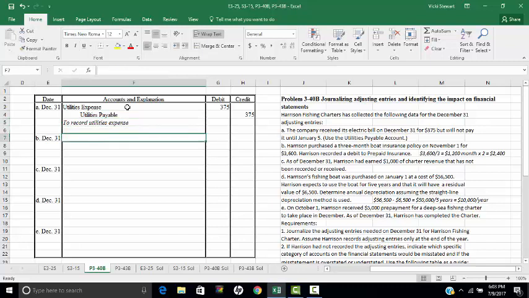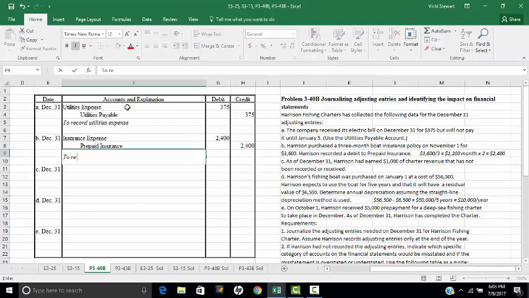Our B states that Harrison purchased a 3-month boat insurance policy on November 1st for $3,600, and Harrison recorded a debit to Prepaid Insurance. So we purchased a 3-month policy for $3,600, so that's $1,200 a month. 2 months have gone by since we purchased it, so we're going to need to record $2,400 of insurance expense. So we're going to debit insurance expense for $2,400, and we're going to credit prepaid insurance for $2,400. Our explanation will be to record